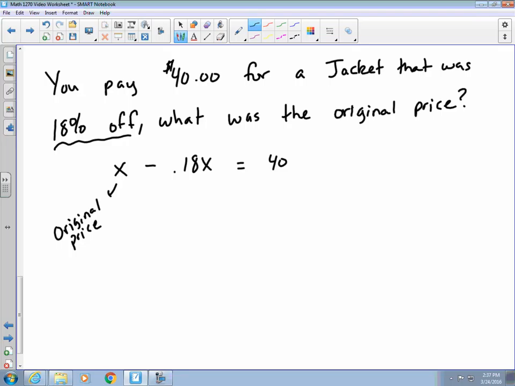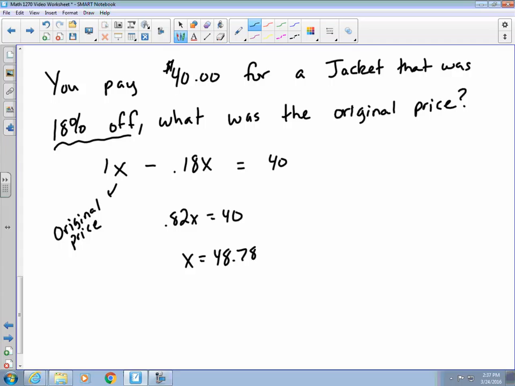Once we figure out this answer, I'll plug it back in and bring it all together. But those are just like terms, so we simplify 1 minus 0.18 and we get 0.82x. Then divide 40 by 0.82, and that's going to be